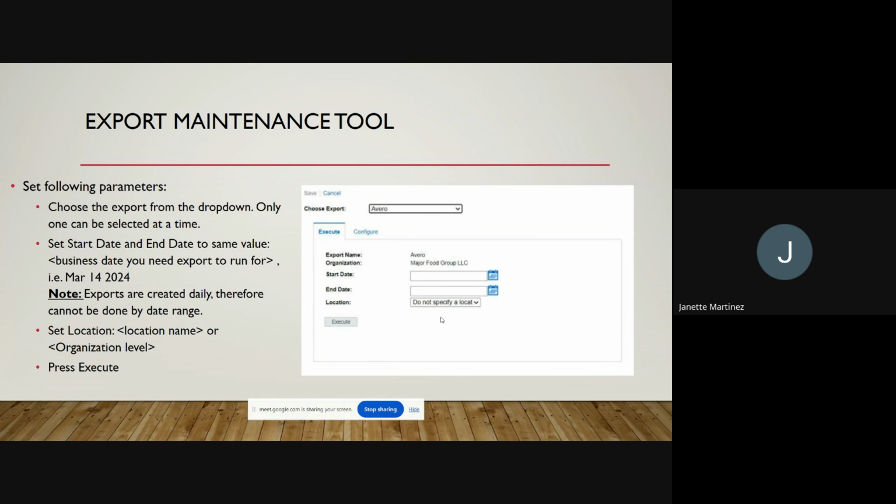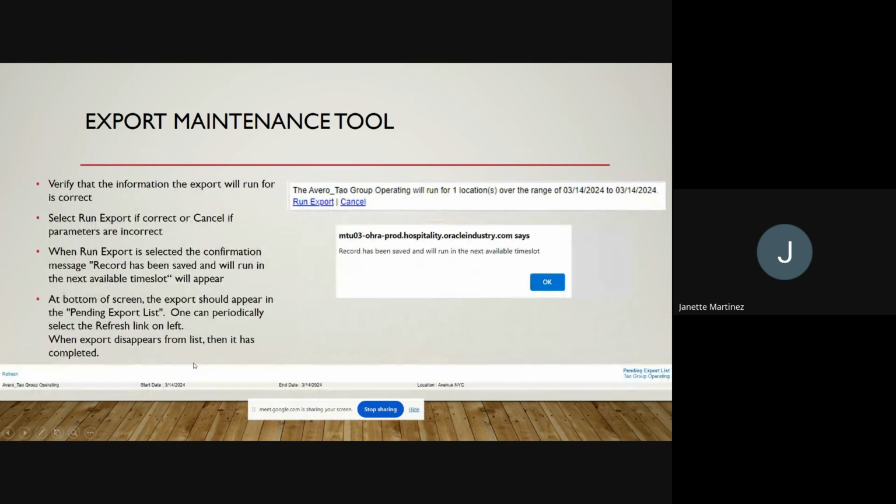And then location, if it's one location that missed it, if they have groups of locations that have missed it, you can select the group, you can select the enterprise if nobody received exports. So that's what is meant by location name or organizational level. That's in this drop down here. And then you press execute. It's going to give you this prompt right here. And you press run,